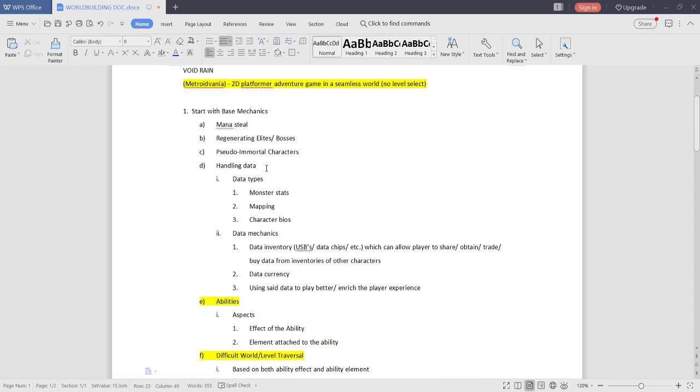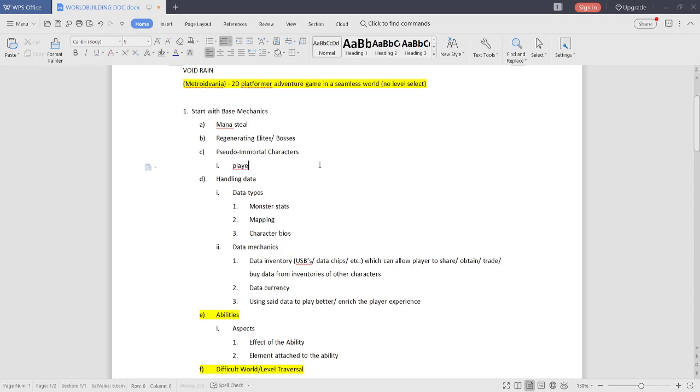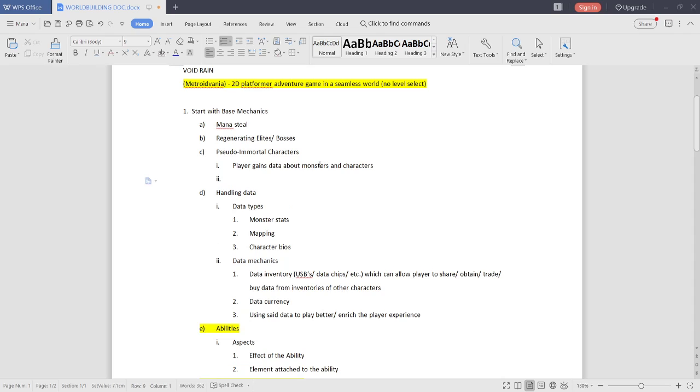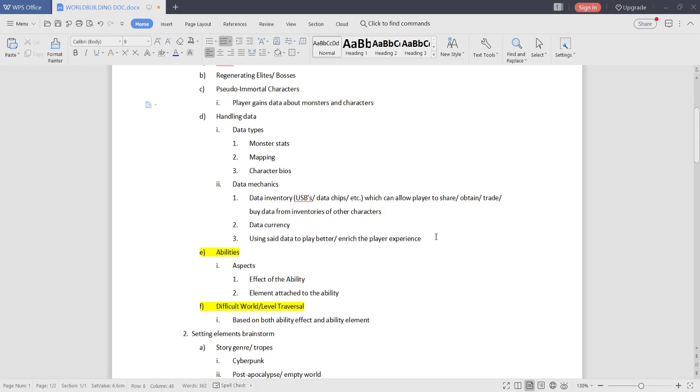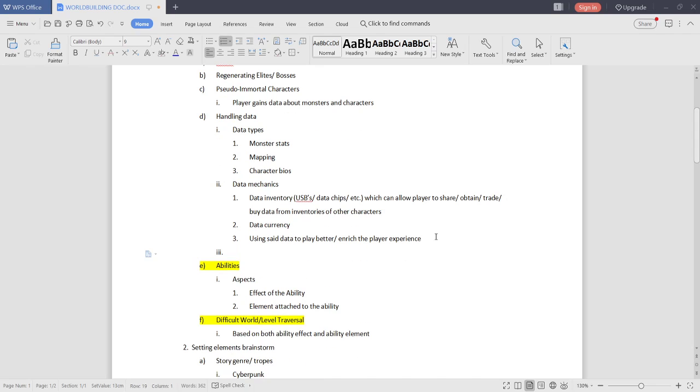What else did we want to handle? Data. We sort of discussed that more. Pseudo immortal characters, that's because the player gains data about monsters and characters, so maybe we have to wait. So data mechanics: we should put in data types.